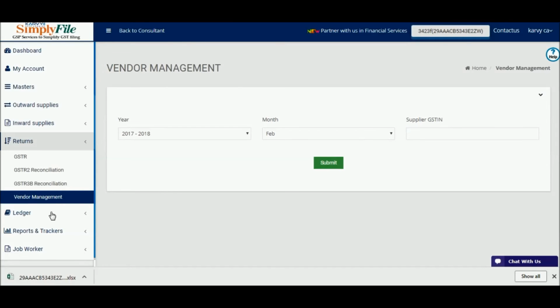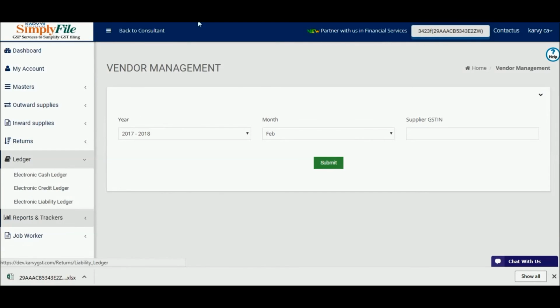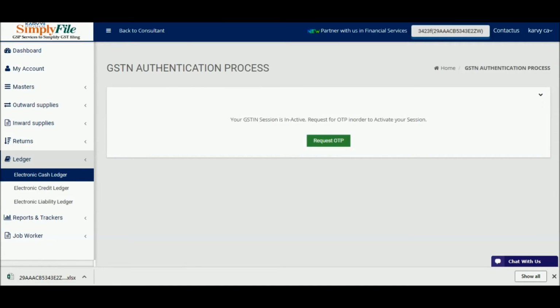Next comes ledgers. Here there is a request OTP option wherein you would need to give the OTP which comes to the registered mobile number. In the electronic cash ledger you would find all the challan payments which you have made under the GST regime, which reflect in the cash ledger.